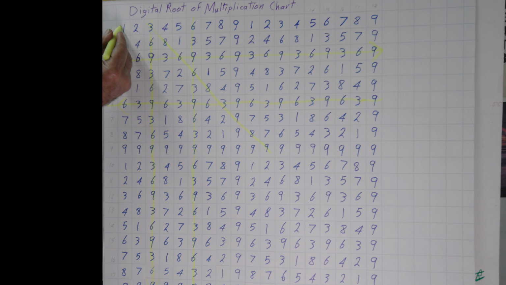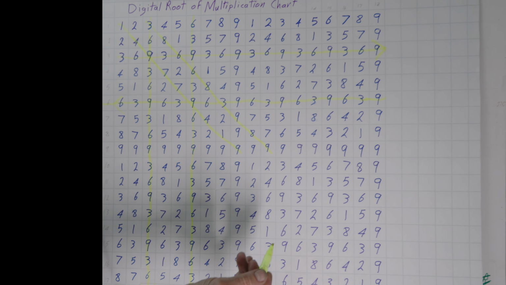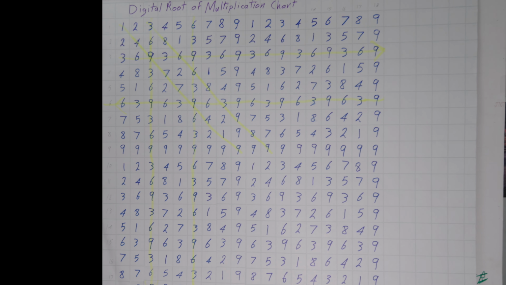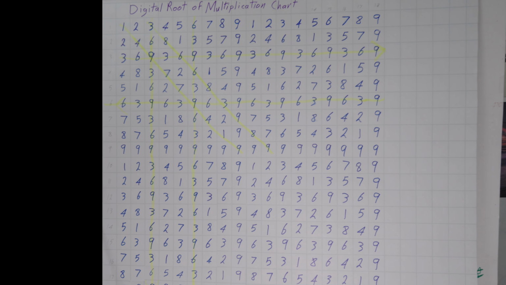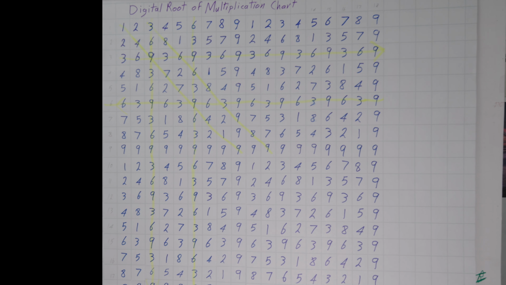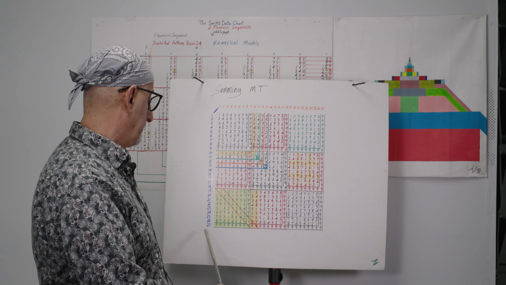Even this one comes to 51, which is 5 and 1 is 6. That's a single digit root. And whatever is going to come up is going to come up to 6, a digital root. Whatever you do, from this side all the way down. Okay, and if you go from